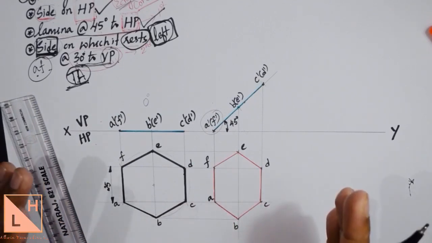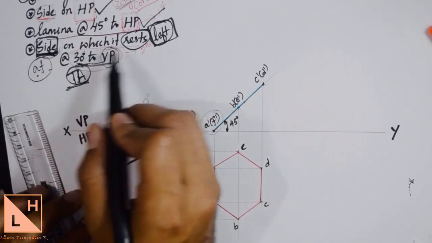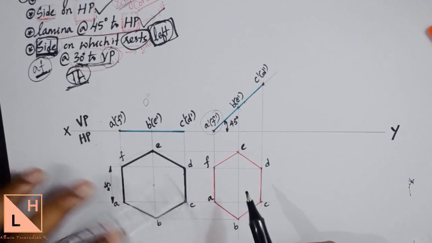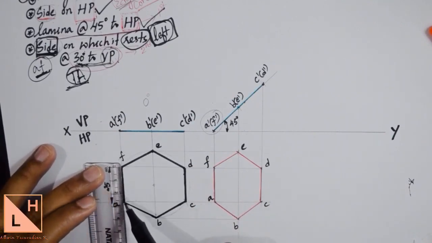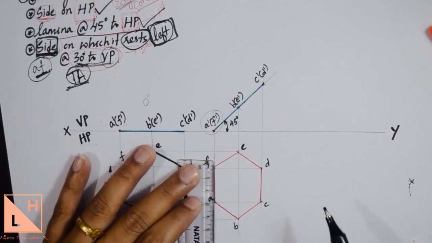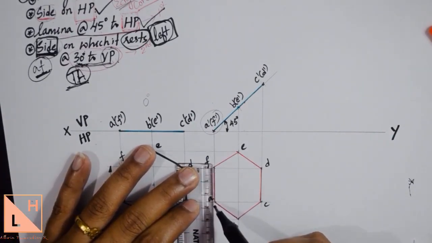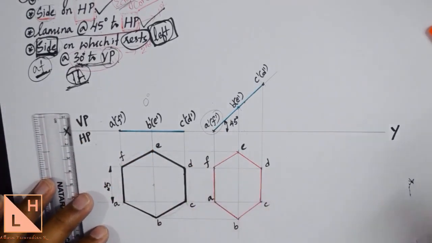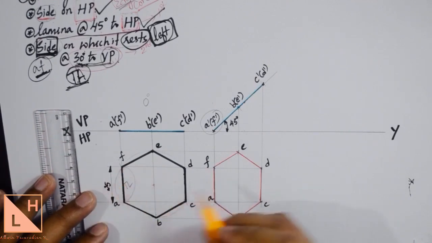Which length are we supposed to check? The side on which it rests. So you check the length of the side on which it rests, that is AF, in the first and second positions. All of you can check whatever you have drawn. It would be 25 in the first position. When I check it in the second position, check only AF, it will remain 25 itself. So there is no change of length from first position to second position, which means AF was true length and still remains true length.